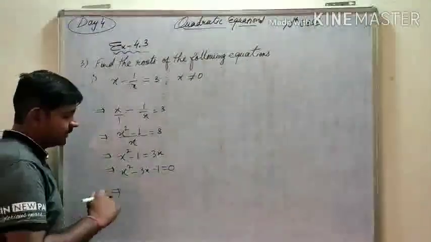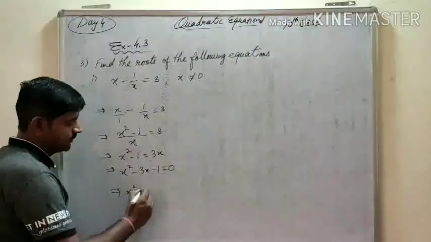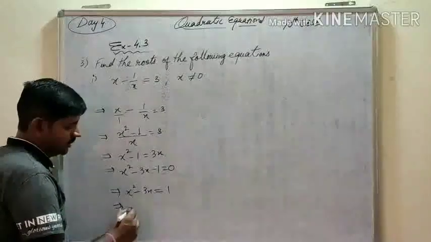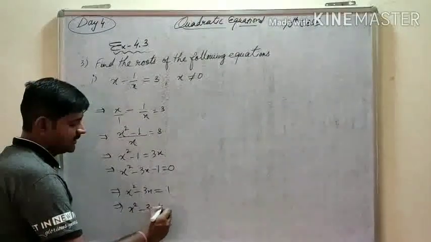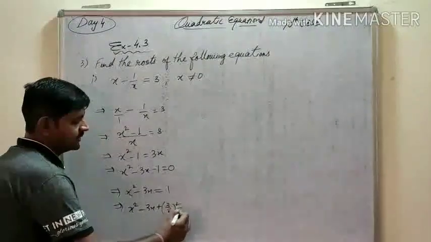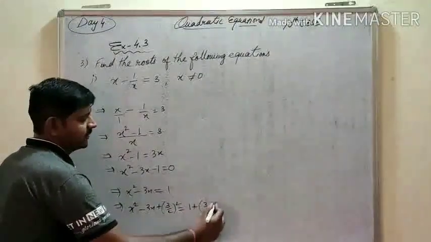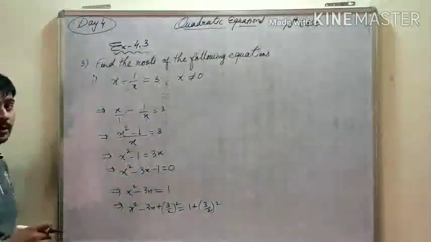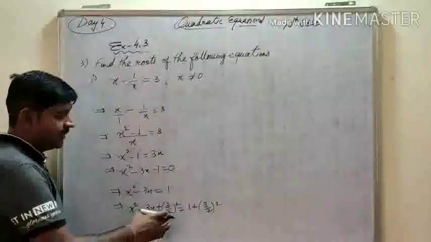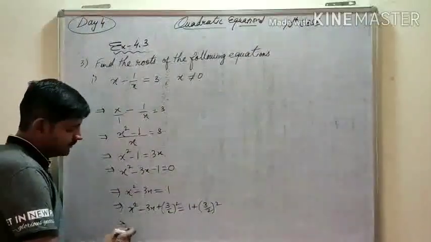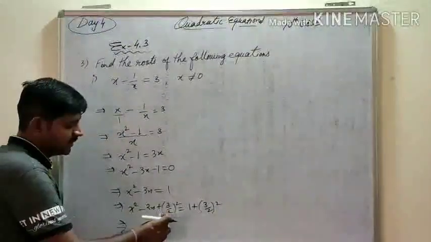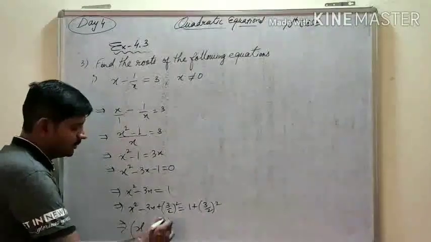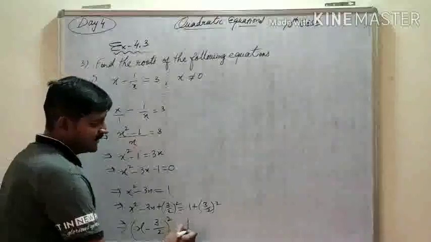By the completing the square method, there is 3x. The constant will be shifted to the other side. So x square minus 3x, and plus we will apply 3 upon 2 whole square on this side and 3 upon 2 whole square on this side. Why? Because this is 3 and we have to divide by 2, so its denominator must be multiplied by 2, so it will be 3 by 2. Finally, this is a square plus b square minus 2ab, so it can be written as x minus 3 upon 2 whole square, and on this side I will write 1 plus